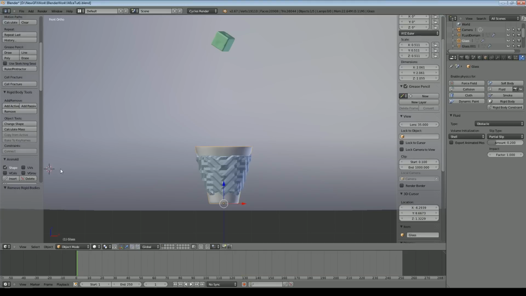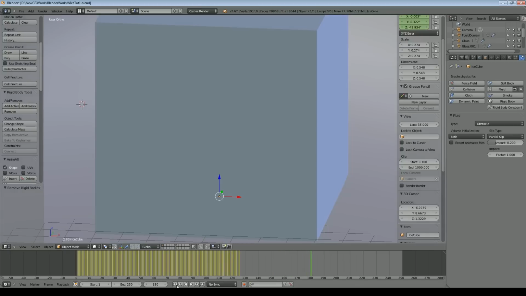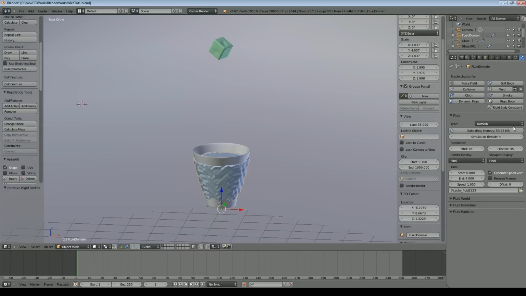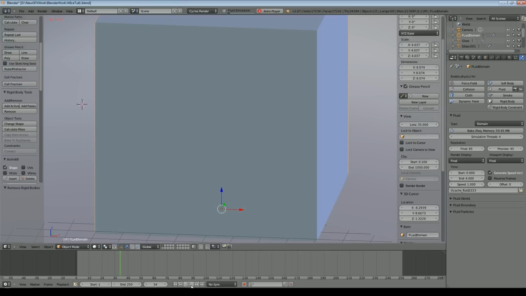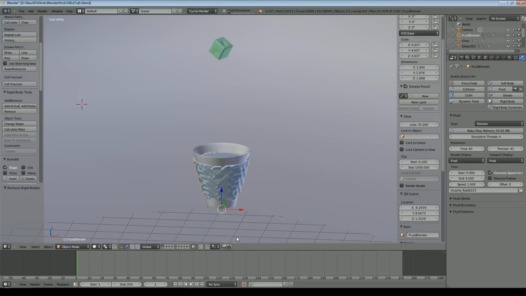So I can now select the glass, remove the physics from there, select the ice cube, remove the physics from there, but what should still happen is you see the ice cube still falls, but now it's not actually using physics to do that, it's actually an animation, which means that with a bit of luck, when I rebake my liquid, so I've selected the liquid and I bake it, that should now interact with the ice cube. So we'll let it run a little bit along here and we'll see how that's doing. There you go, you can just see it starting to happen there. Just wait for a little bit longer and then we'll play it again, and you can see the water's actually starting to react to the ice cube falling in now.